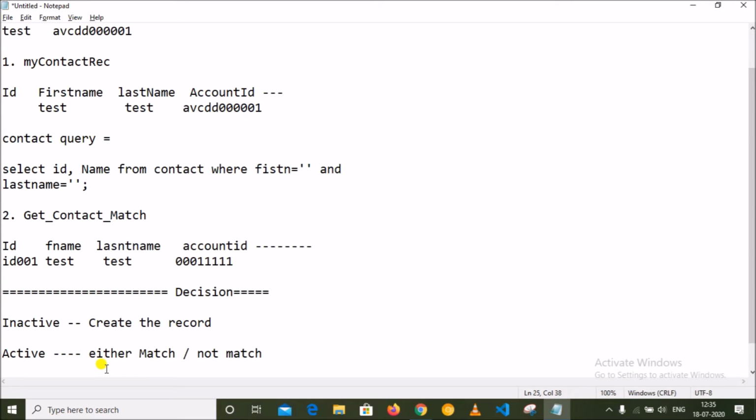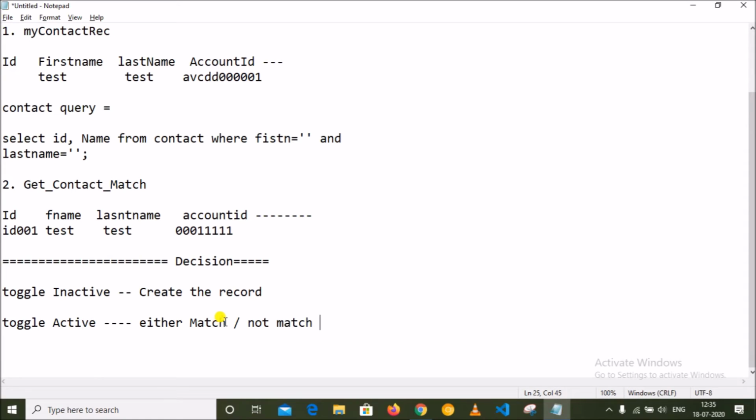If the user makes the toggle active, then either match happens or not match. Either the record already exists in Salesforce or does not exist, right? So what happens? If match, then I have to update the record, or if not match, then create the record.